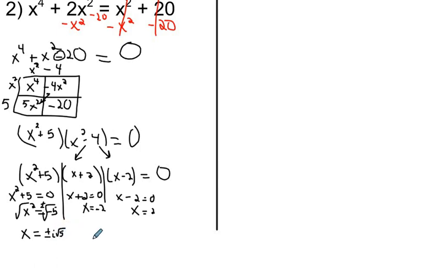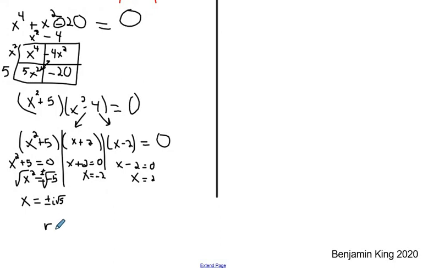So the question is, how do we organize these? Well, technically, you would need to say real solutions, right? We learned this earlier in the chapter. There are -2 and 2 in order. And there are complex or imaginary solutions. And those solutions are, if you want to put them in order, -i root 5. Oops, forgot to put the i in there. So -i root 5 and i root 5,